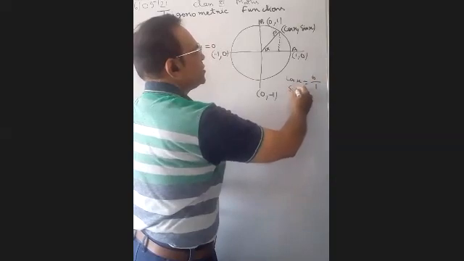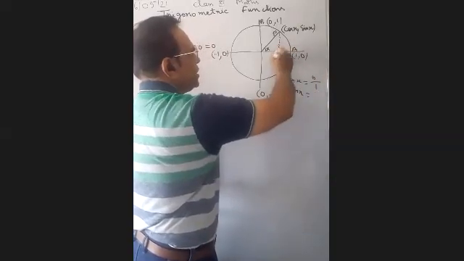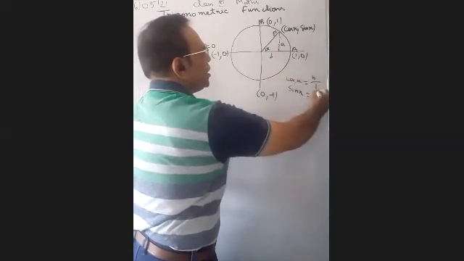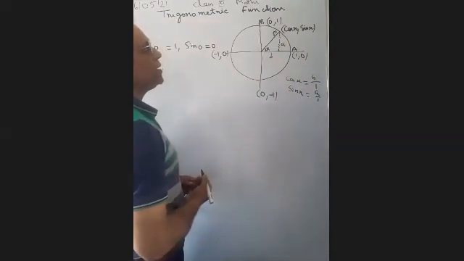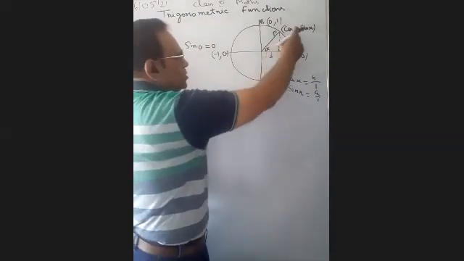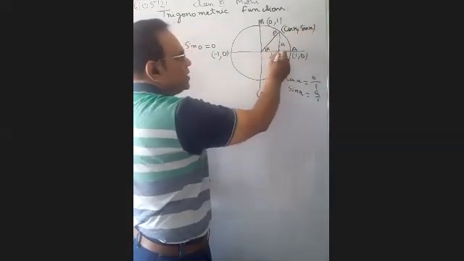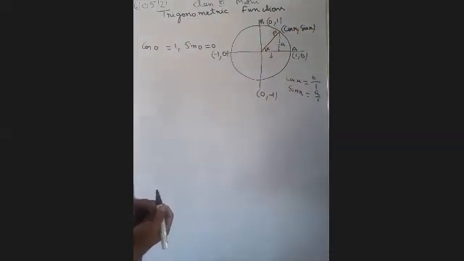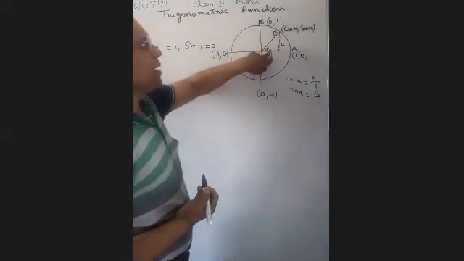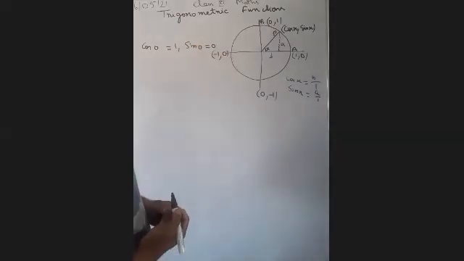Similarly, sin x is equal to perpendicular upon hypotenuse. If we say this is b, this one is a. So a upon hypotenuse, so a is equal to sin x. Okay? So first we use cos x, then sin x, because the first distance on the x-axis is the base and the perpendicular distance a is on the y-axis. This point is (cos x, sin x). So cos x and sin x will depend on the angle. This will represent all angles of the circle.